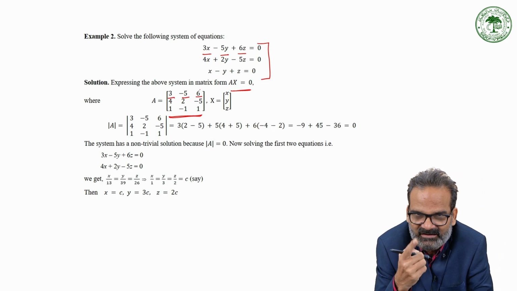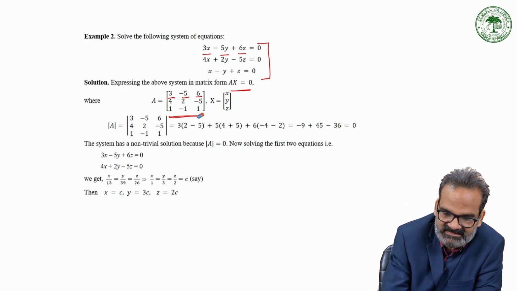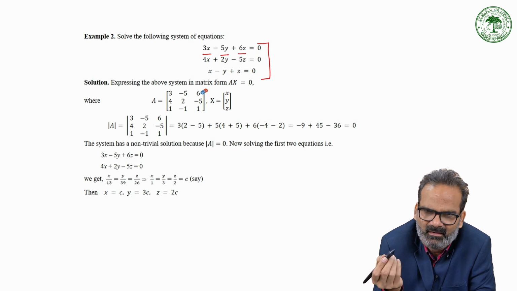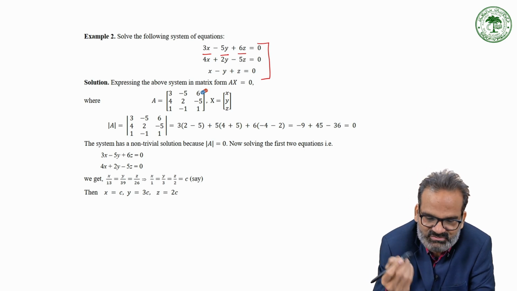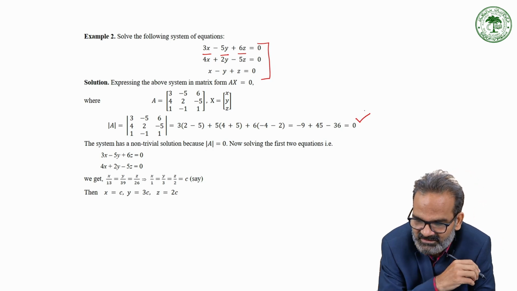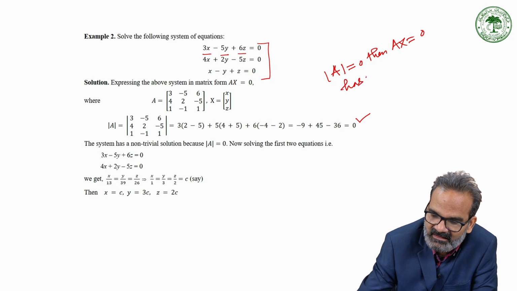Likewise in equation 2 as well as in equation 3. So this is A and this is X, right? We have written the given system of equations into matrix form, that is Ax = 0. Now use our steps as usual. The determinant of A is coming out to be 0. So the determinant of A is equal to 0, then the system Ax = 0 has infinite